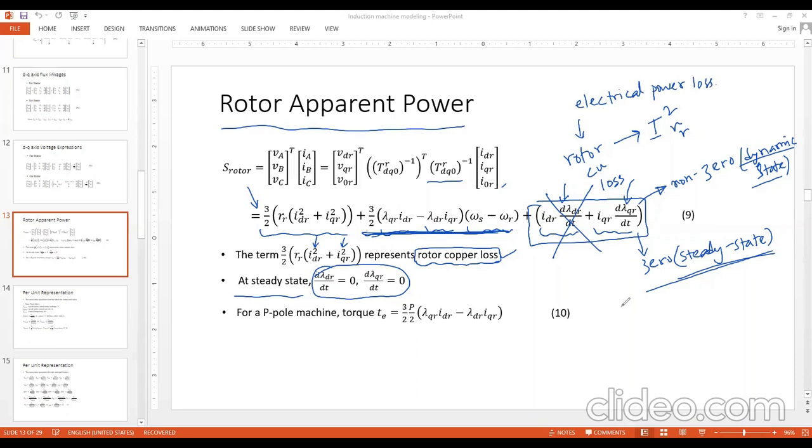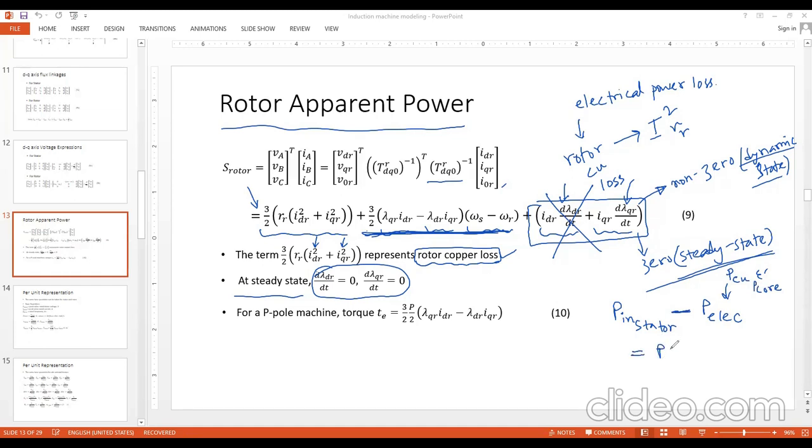So that means after you provide your input power into the stator, P in is stator. This goes to the stator minus the electrical losses. Electrical losses could be your core loss and your copper loss. Core loss is voltage dependent and copper loss is current dependent. So P electrical is the loss. After you subtract this, within the P electrical, you can have P copper loss and P core loss. The resulting power would be your